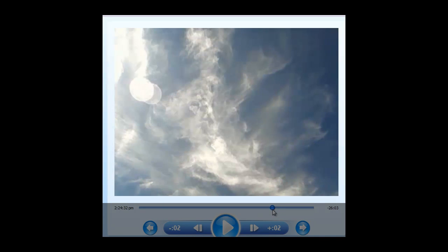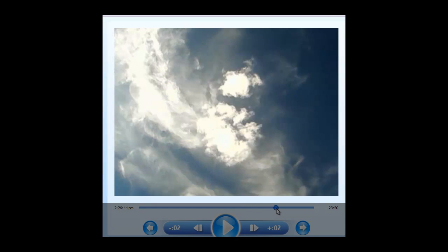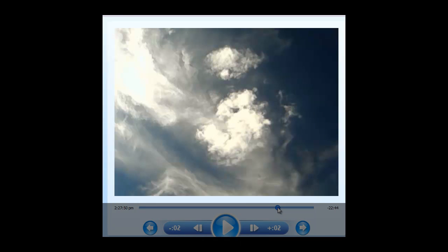Hey, I got some more video I'd like to share with you from yesterday. Couple different clips. This particular one was facing north. No, it was west, a little bit northwest, but this camera's pointing almost straight up with a little bit of angle towards the west northwest. So